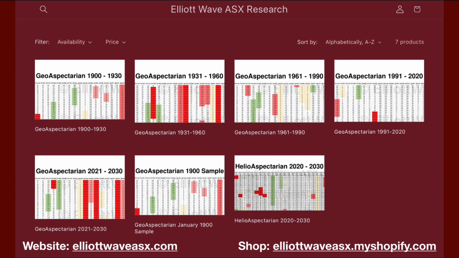Now, the files can be viewed in a browser or downloaded into a secure app for PC, mobile, iOS, Android. There's many platforms, and we've produced the data for 130 years, and it's been divided up into 30-year periods for the older data and smaller 10-year periods for the newer data, depending on how far people want to go back in their research, and of course if the instrument you're looking at actually goes back, it may not go back to 1900, of course.